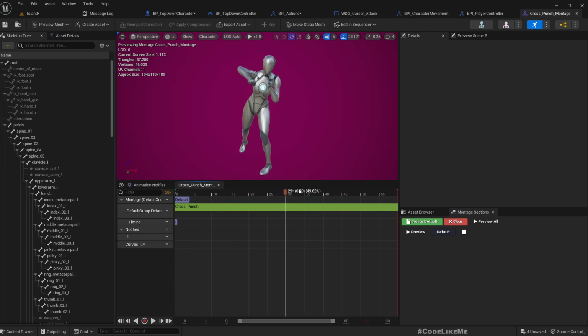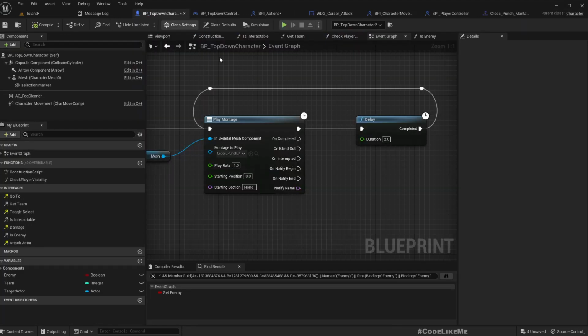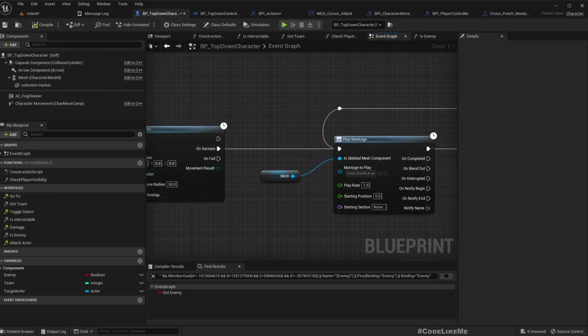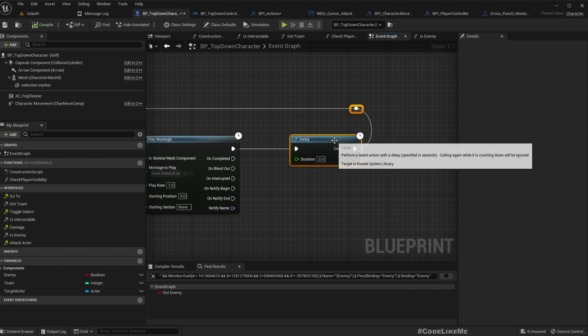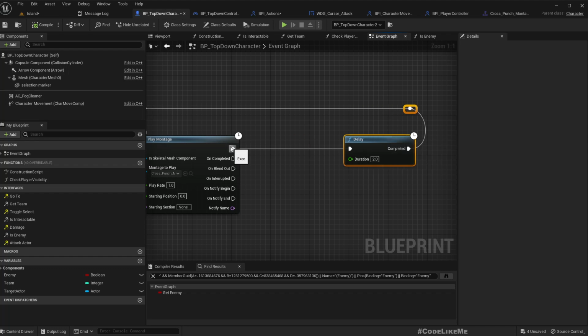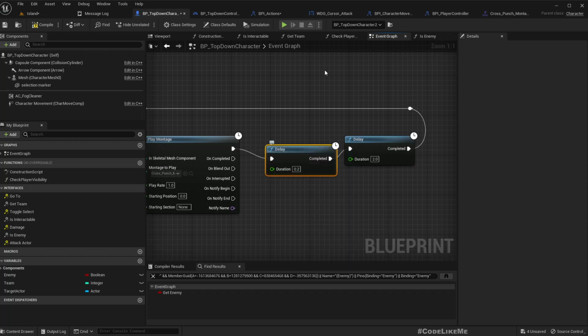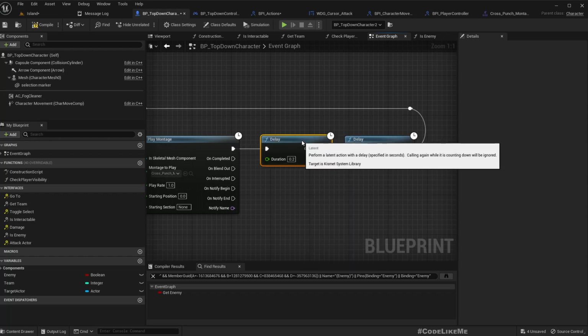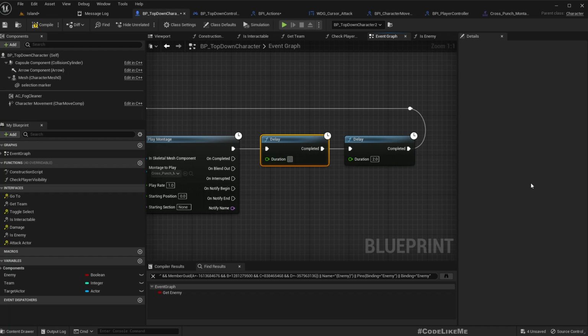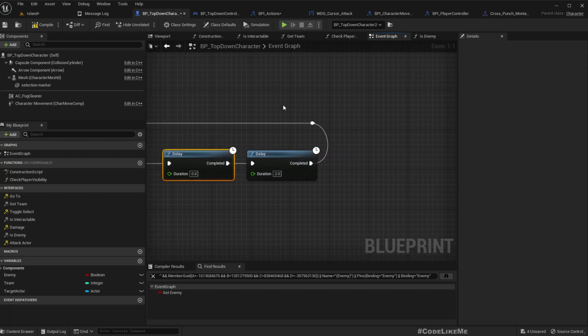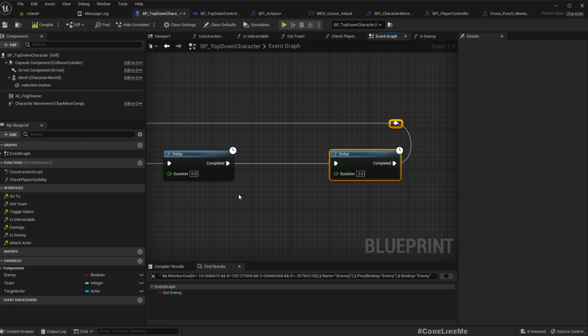Somewhere here. So 0.99, that means after 1 second. Okay, so here we can have a delay of maybe not 1 second, something like 0.8 seconds, and then